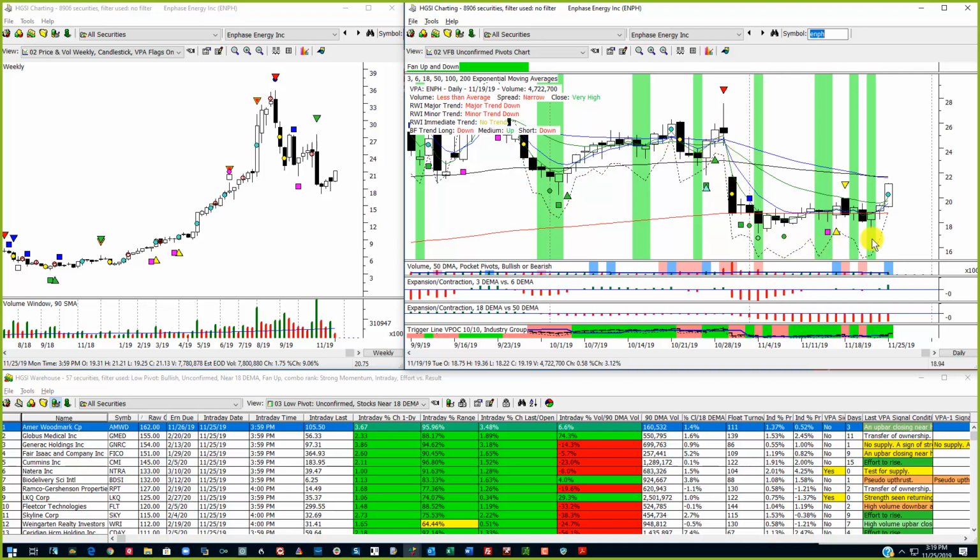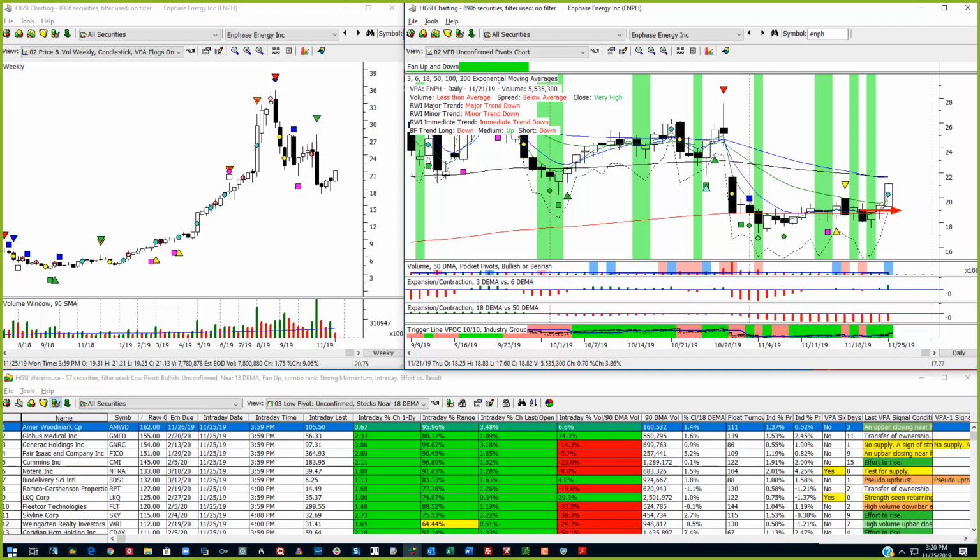And here is, I was using ENPH because John Randolph is in that, and it was up, what, 9% today. And you can see that it's been basing. There were a couple of VPA flags here. Here's a negative VPA flag. But as of Thursday, here's your low pivot. The confirmation was actually on Friday,